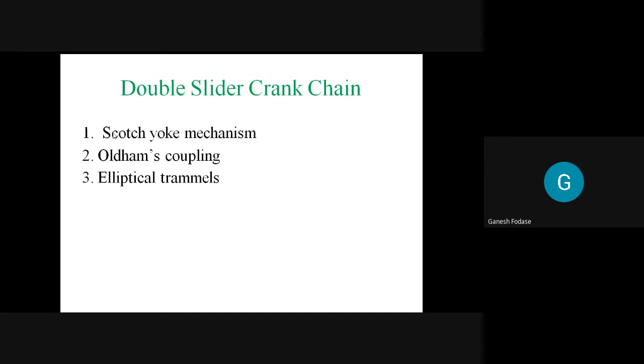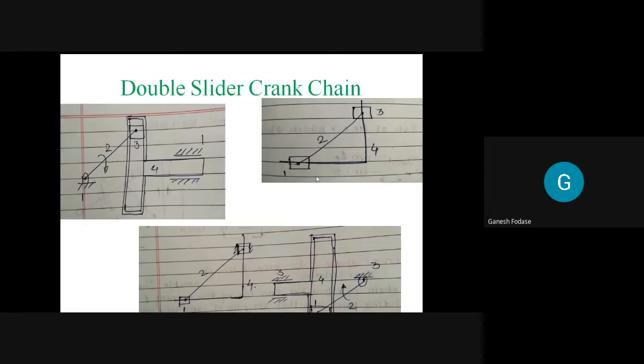So let's discuss this inversion first, called the Scotch yoke mechanism. If you remember this basic diagram, let's say I fix link number 1 here. When I fix link number 1, you must know which types of pairs are formed between the links and which links are here. So let's say link number 1 is fixed as given in the basic diagram. In this first case, when link number 1 is fixed, this link number 2, which forms a turning pair, you can see here the relative motion remains the same, even though for each mechanism.